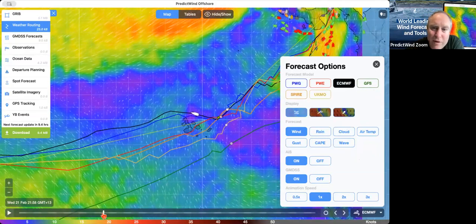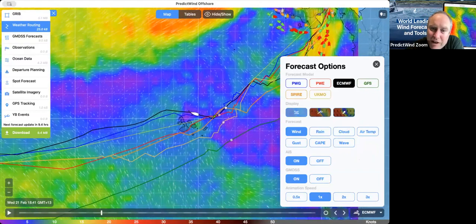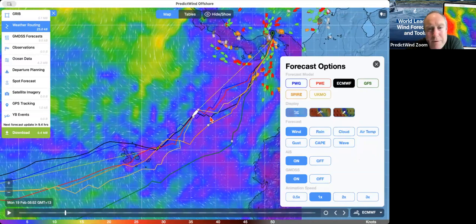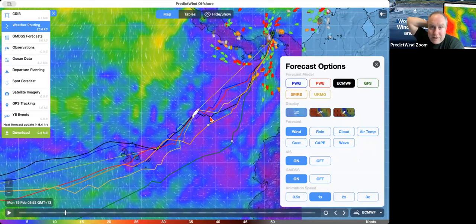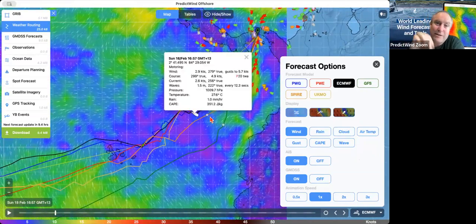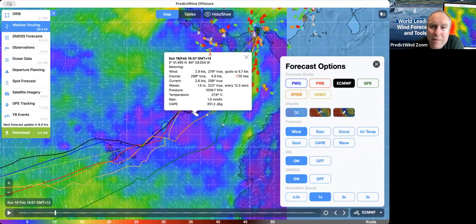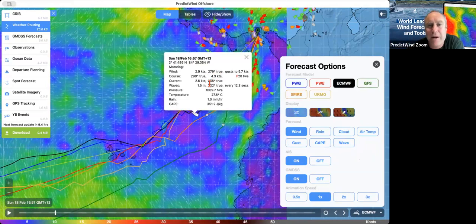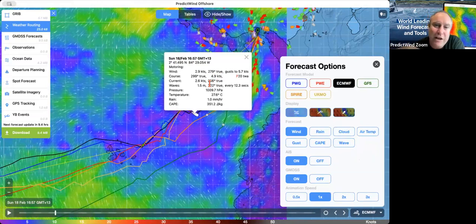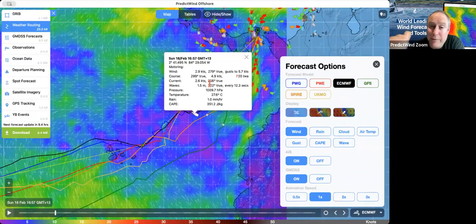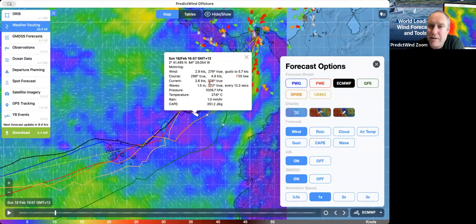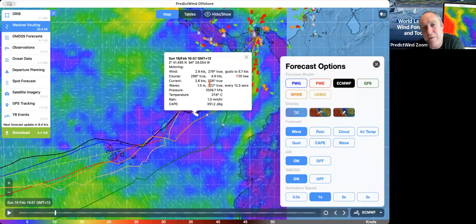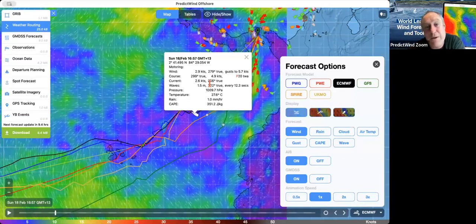As I move along the route, I can actually click on the route and see anything at any time. So I click on there. That's the ECMWF at that time. It's got my lat long, the time, and all this information, the current, the waves, the wave direction, pressure, temperature. Pressure, you compare the pressure that the model says you're at now with your barometer on board, good way to validate a model,